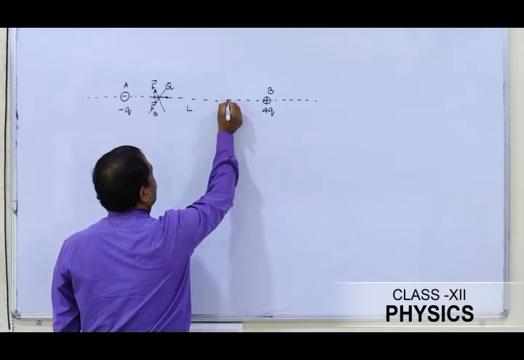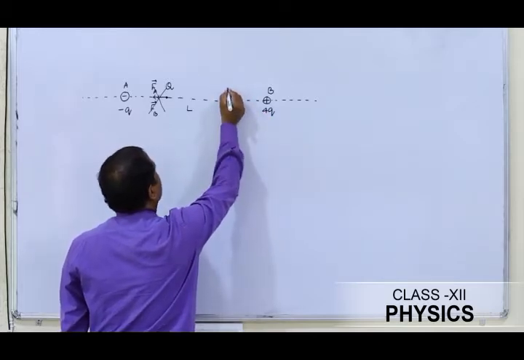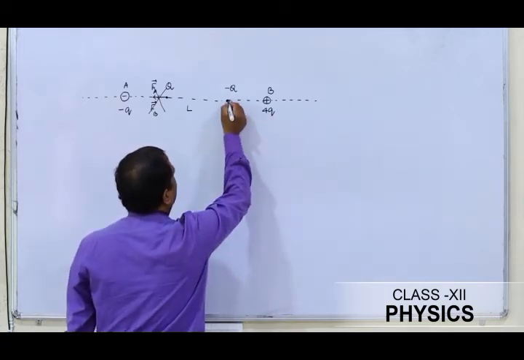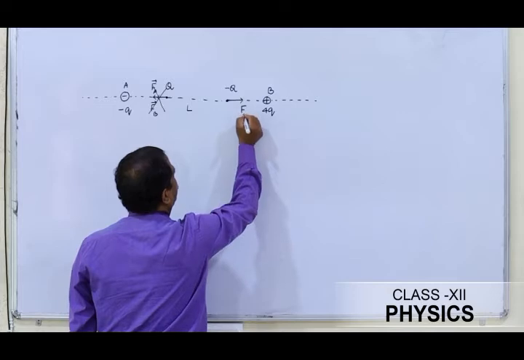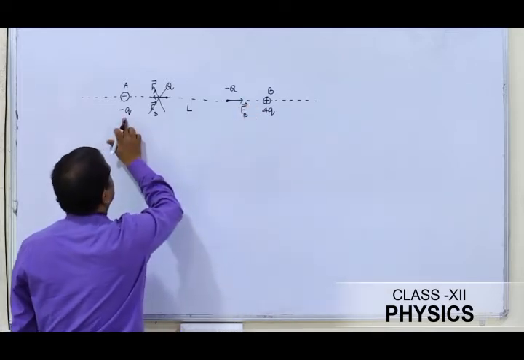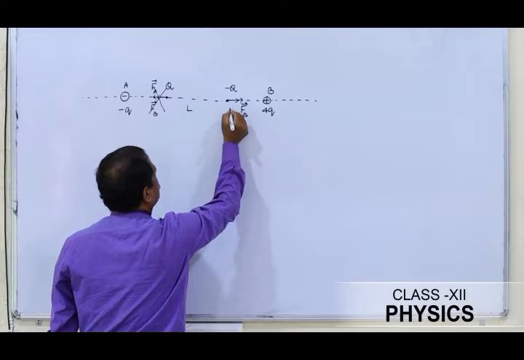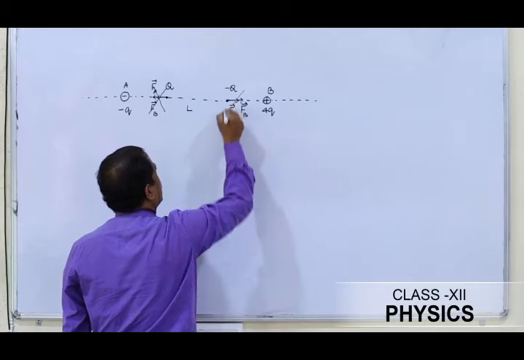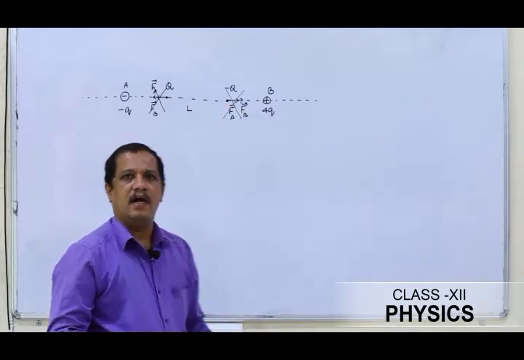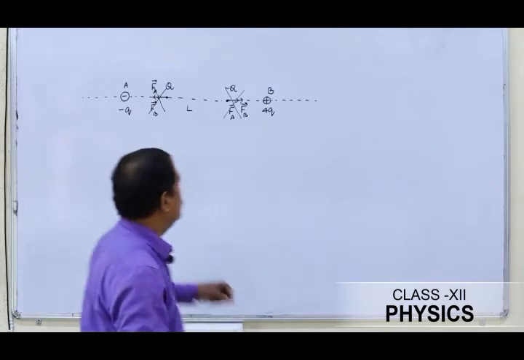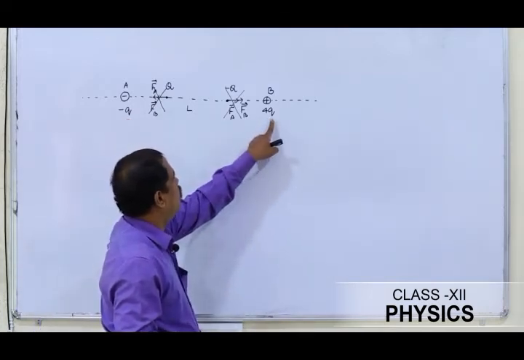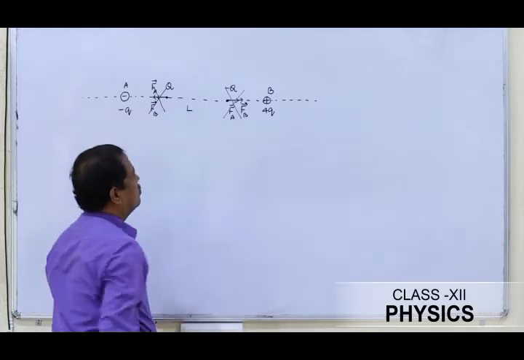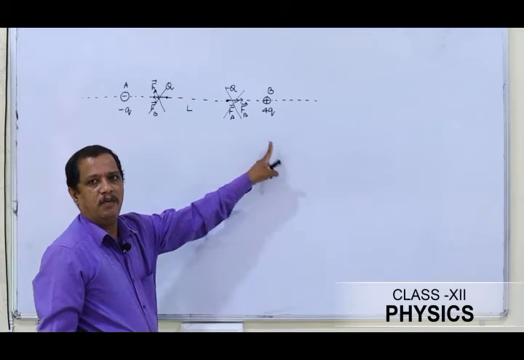If I take anywhere here, say a negative charge this time, I find that this positive charge will exert an attractive force in this direction. So this will be FB. And since this is a negative charge, in turn the other one is going to repel it this way. So irrespective of the charges, whether positive or negative, there is no point between charge minus q and 4q for a charge to be in equilibrium. Thus we will not find any point in between the two charges.